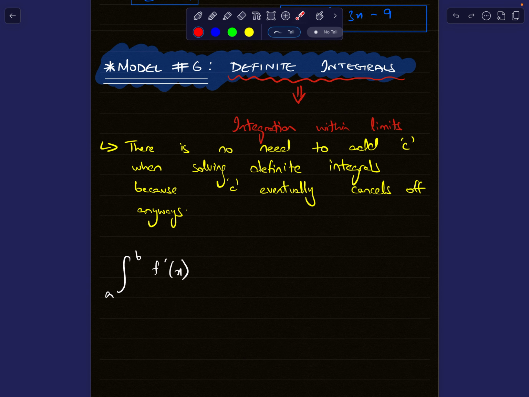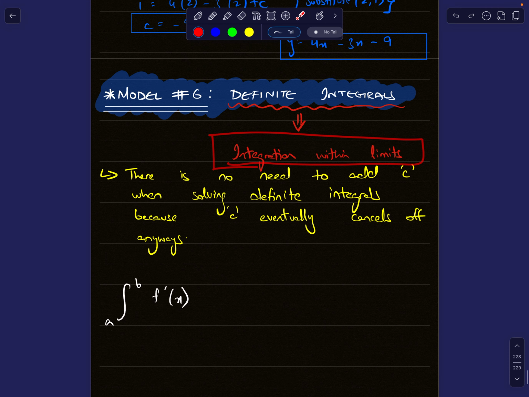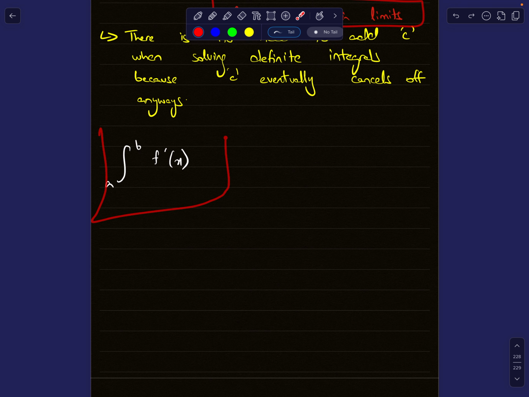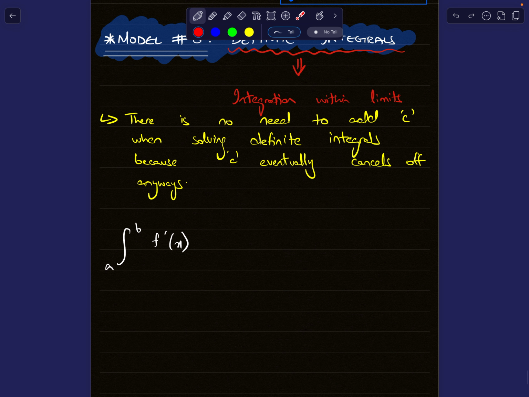So by definite integrals, I mean integration with limits, which in its generic form looks something like this, where a is the lower limit, b is the upper limit, and f dash x is the gradient, which we have to integrate. Now, how do we solve this? The generic formula is upper limit minus lower limit, but this is not going to be sufficient for you to understand. So first of all, start off with